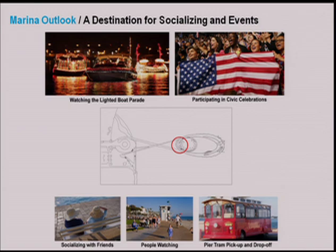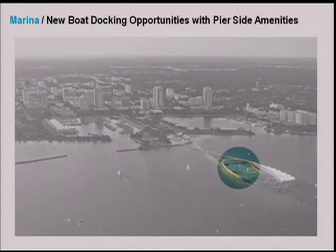connect, is important. This is also one of the pier tram pick-up and drop-off spaces, so someone doesn't have to go all the way out to the end. They can actually be on the pier really at that location. This would certainly, as a large porch, be a significant place for those larger civic celebrations within the lens, including events like the lighted boat parade, so that this is a place where you can participate in those activities in